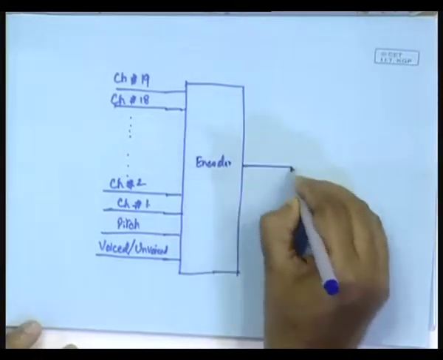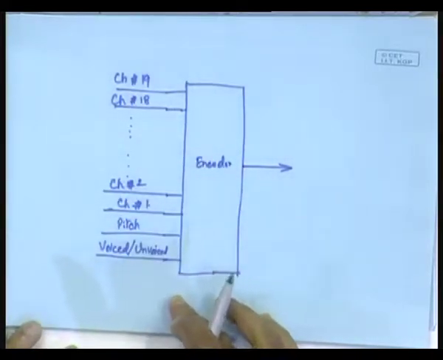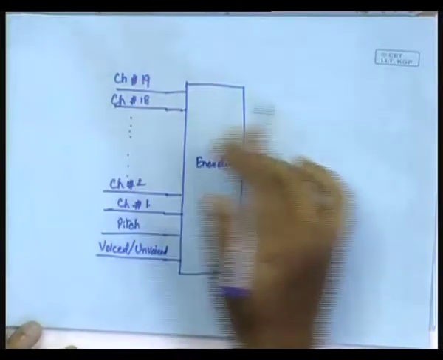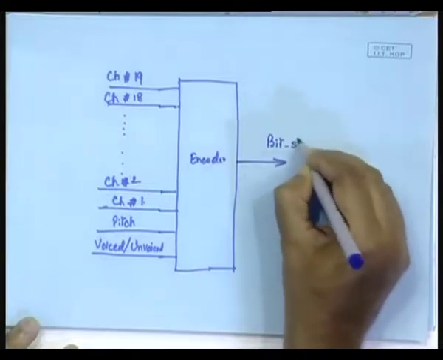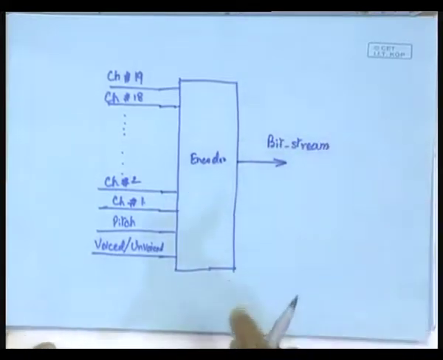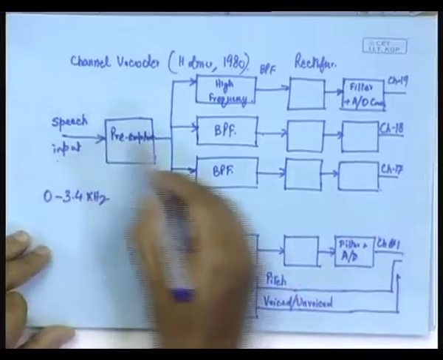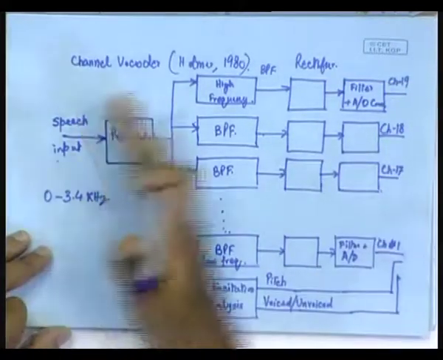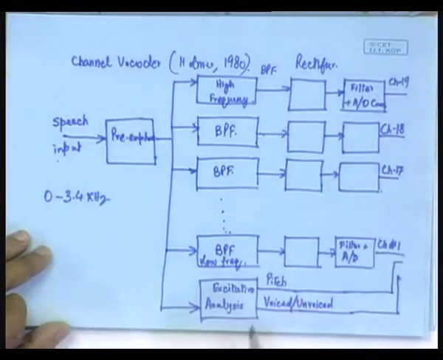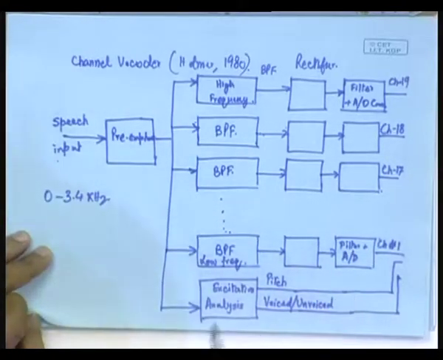And then this encoder's job will be, see, basically here everything is digital in nature. So, all this digital information will be encoded and the appropriate bit stream will have to be generated. So, this is the analysis followed by encoding scheme. So, what we have here, that is to say speech followed by this bank of filters, is a kind of analysis filtering, and then this pitch extraction, which also is essential because it forms an integral part of the analysis system,